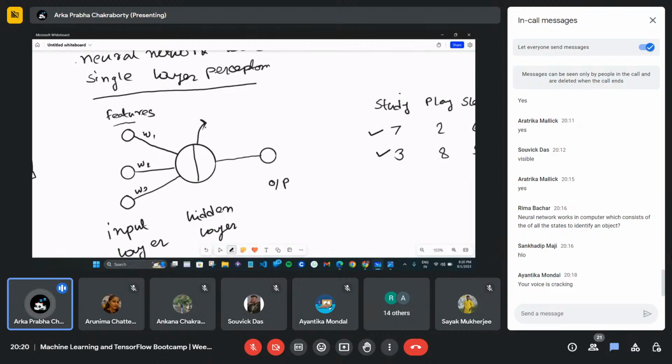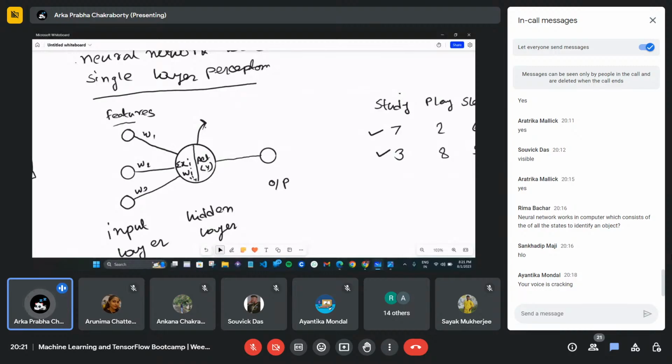So what will it do? Summation. First thing it will do is summation of x of i and w of i. And the next thing it will do is the activation function. Activation of, if I consider this as y, so this will be y. Now you might ask what is weight and what is activation function. Just for now, understand the things and let me explain them for you.